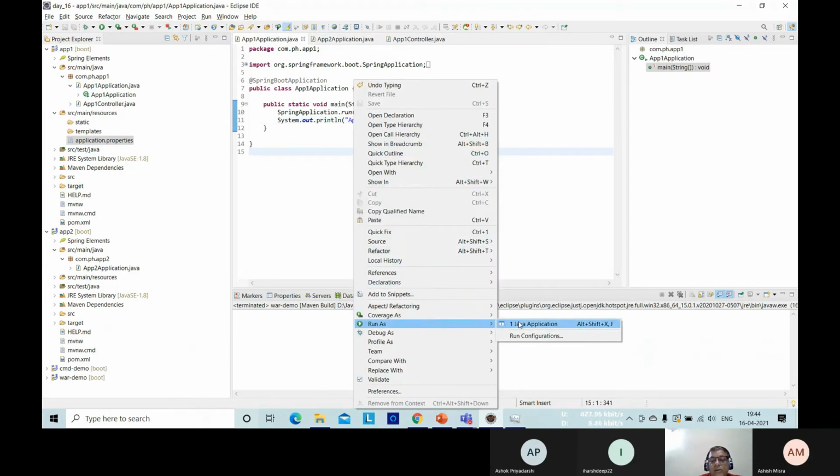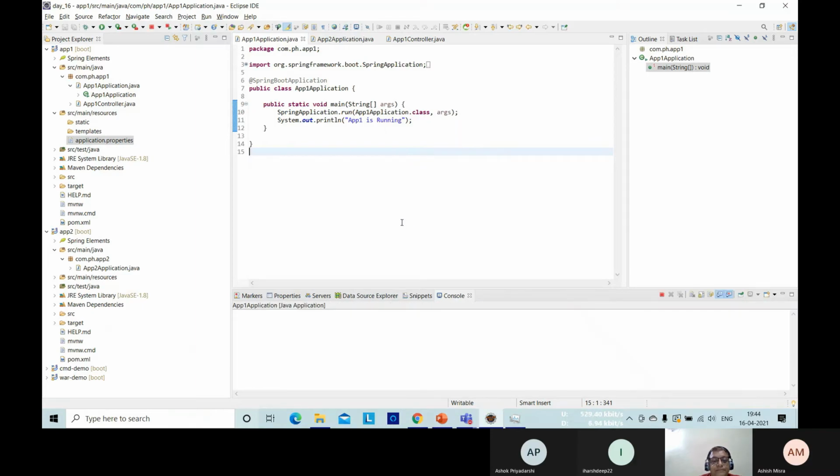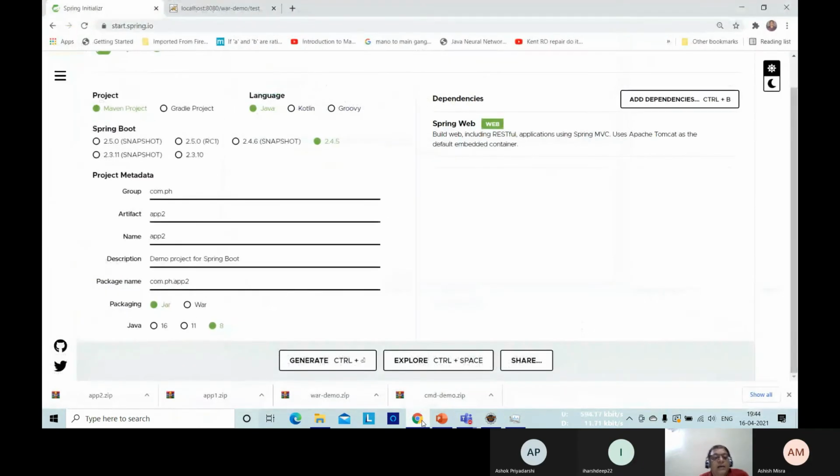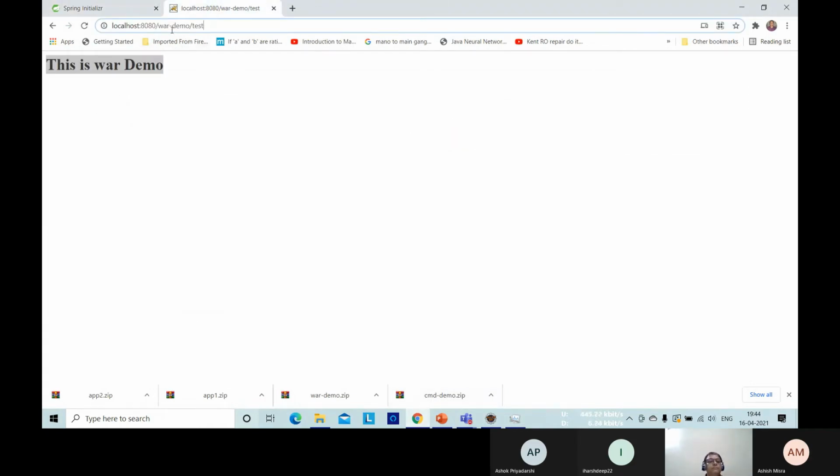So let me run this app 1. If everything is fine, here we got the message app 1 is running. अब इसके बाद क्या करना है? I shall go to this.